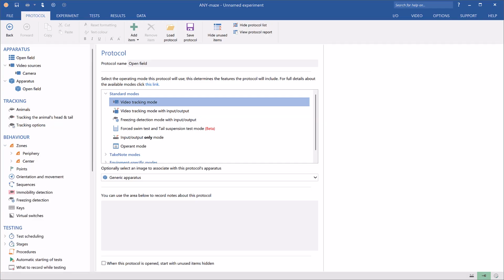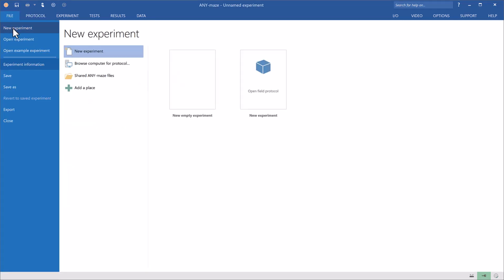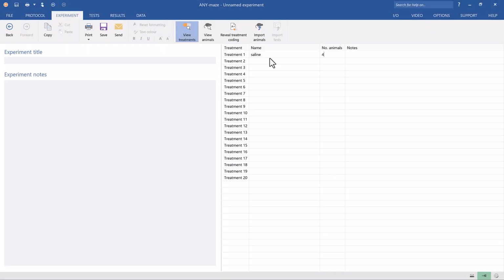After doing that, you can save the protocol to use as a template for future experiments by selecting Save Protocol. The file you just saved is a protocol file with a file extension of SZP, P for protocol. To open the file you just saved, you would need to go back to File, New Experiment, and select that protocol. From here, you add your animals